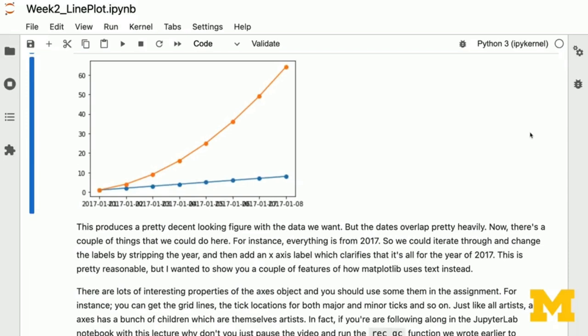Now, there's a couple of things that we could do here. For instance, everything's from 2017, so we could take the easy way out and just iterate through and change the labels by stripping off the year and then add an x-axis label which clarifies this is all for 2017. This is pretty reasonable, but I want to show you a couple of features of Matplotlib and how we can